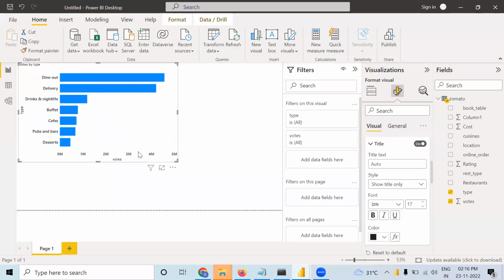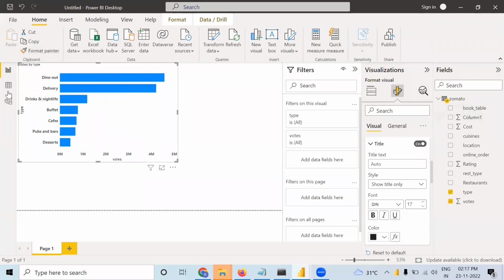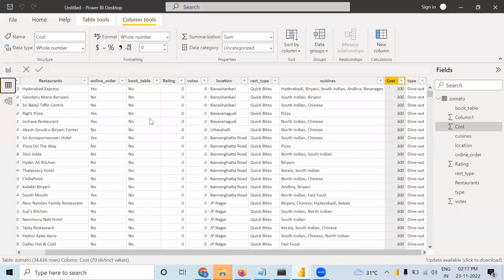As we have seen in yesterday's class, we have taken the data set that is Zomato. This is that data set. It has the name of the restaurant, whether the online order facility is there or not, whether the booking facility is there or not, what their different ratings are, and what votes they got